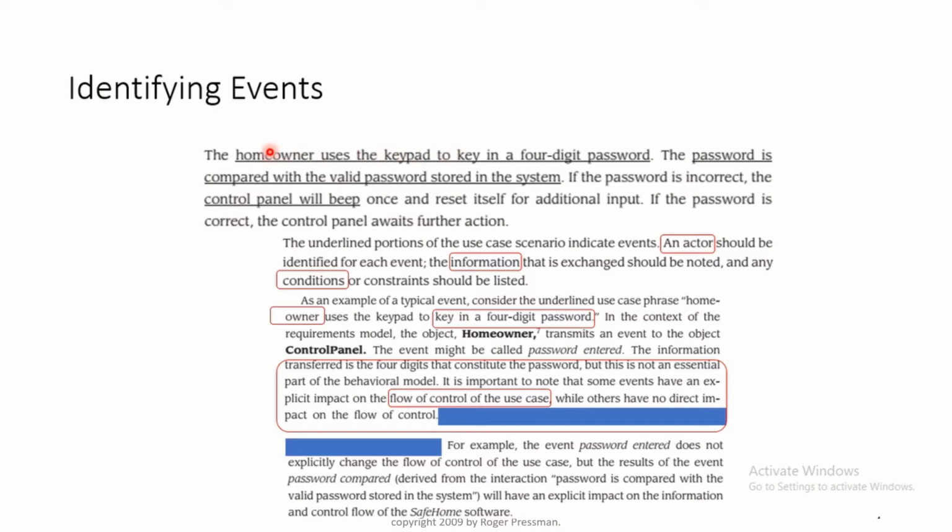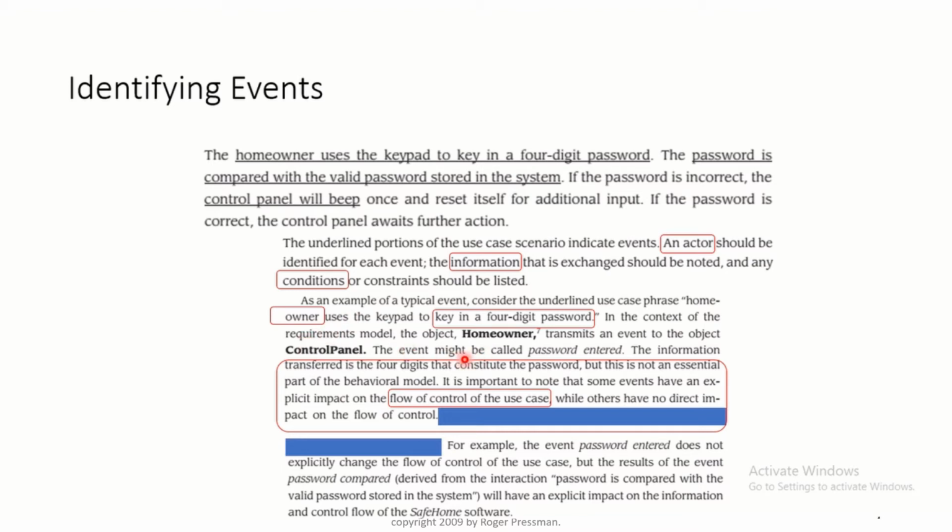Also you can see the actors associated with these events, plus the information that is exchanged between the different objects, along with the conditions or constraints applied on the scenario. Here we can see that a homeowner object started an event of password entered, and the information is passed to the other object, the control panel.